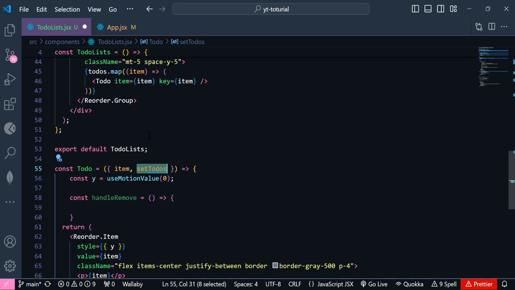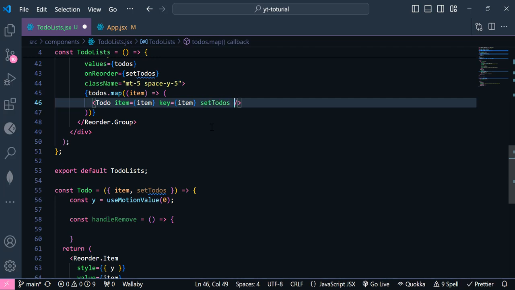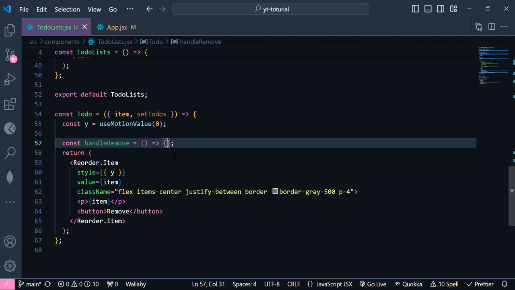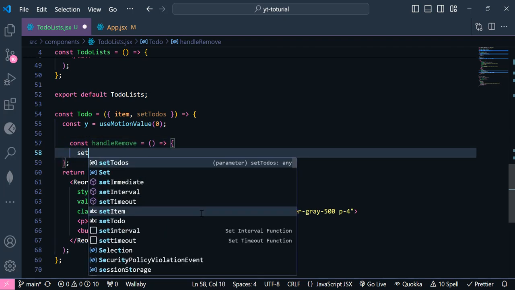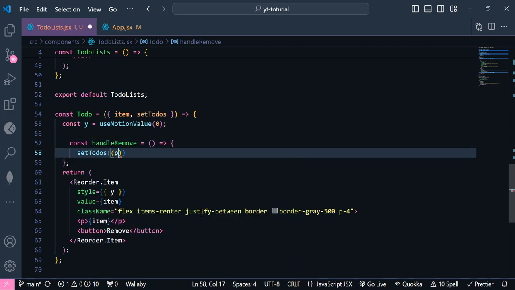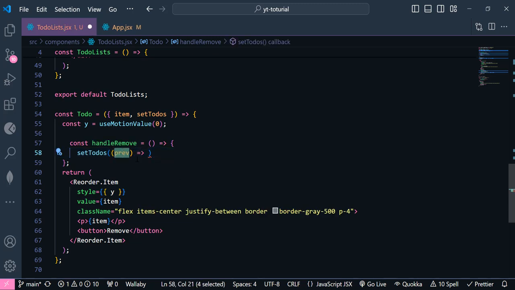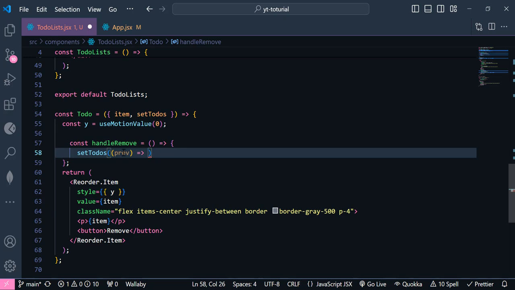Okay, and let's get it here. Now inside this function I'm going to set this to-dos. We're going to get the previous value,